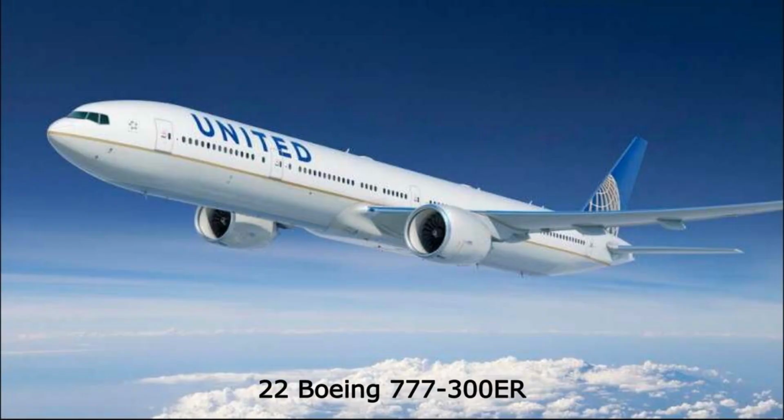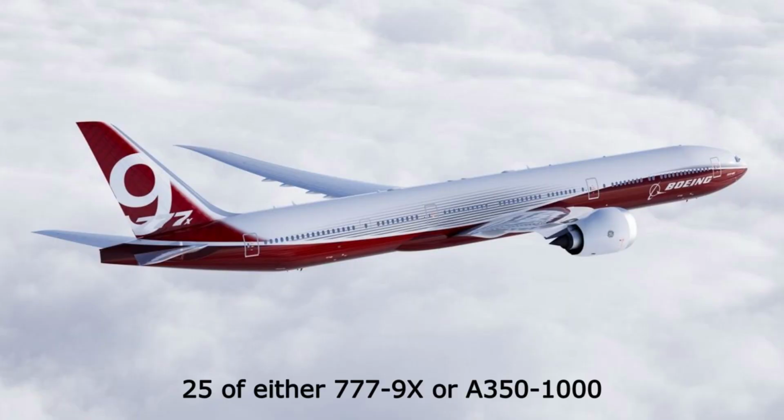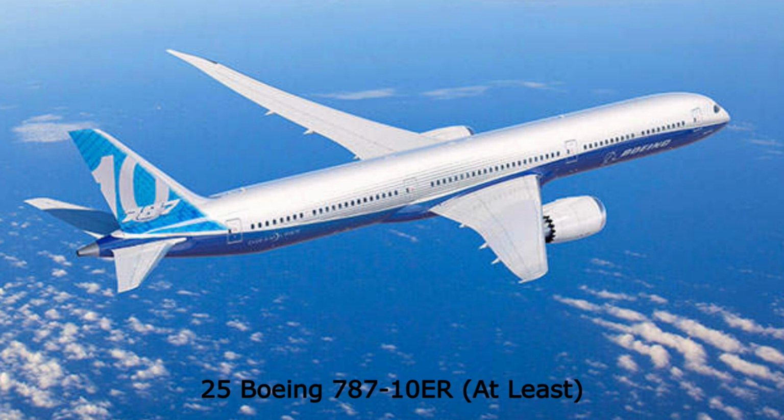United will still have all the 777-300ERs that will probably still be flying on long-haul trans-Pacific flights from San Francisco for the most part, but starting to introduce the replacement aircraft for them, whether it's the 777X or the A350-1000, for which I'd say they would order at least 25. At the same time, the long-haul 777-200ERs will likely be on their last days, right before being retired and replaced by the Boeing 787-10ER and the A350-900,